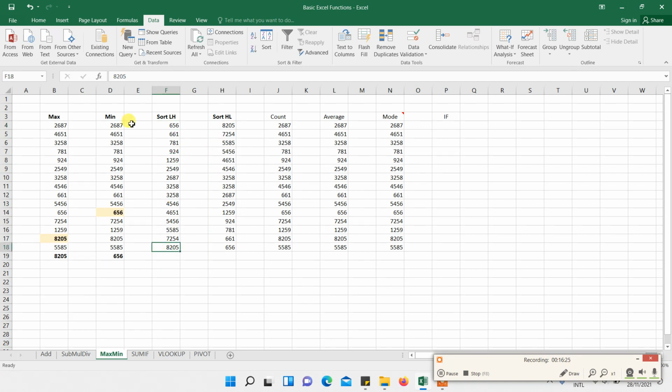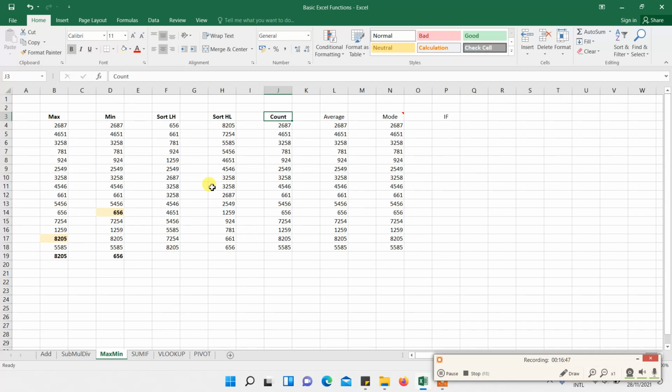So it's about sorting function. So this is the function from lowest to highest, and this is the function from highest to lowest, and this is the descending order, and this is the ascending order. And count function, if you need to count number of cells that contains values,